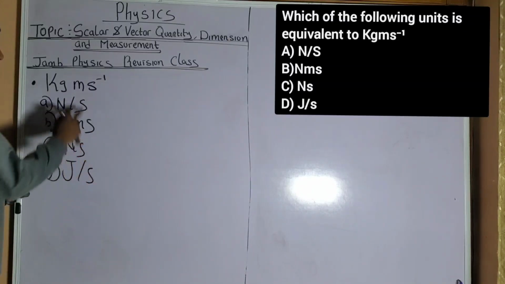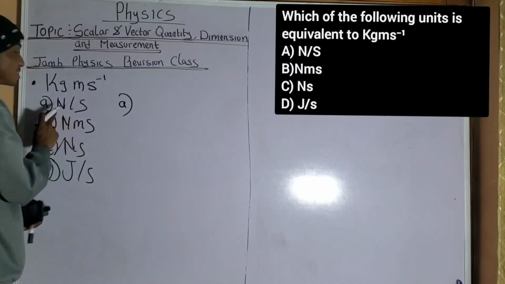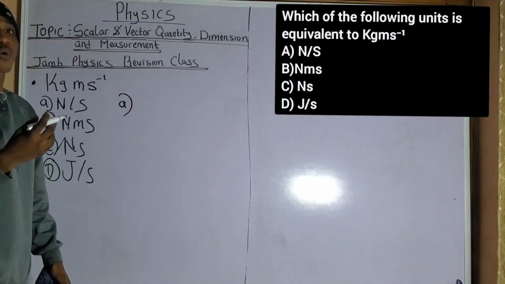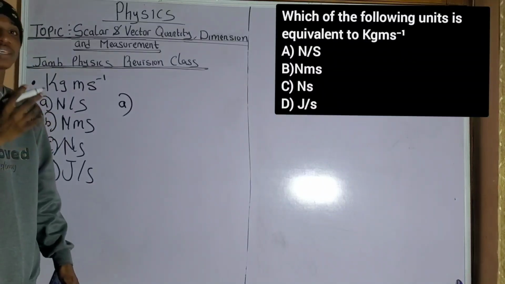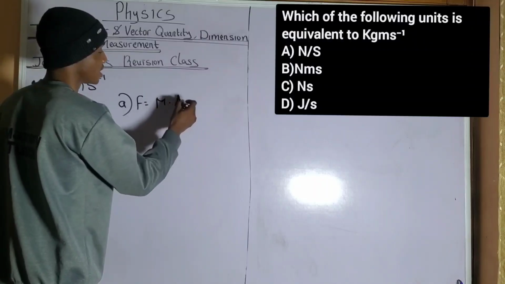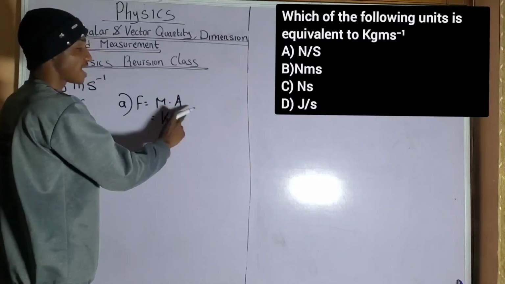Which of these units is equal to this? Let's start with the first one. Option A is Newton per seconds. Newton is the unit for force, right? And force is mass times acceleration. Force equals mass times acceleration. Mass is measured in kilogram, and acceleration is